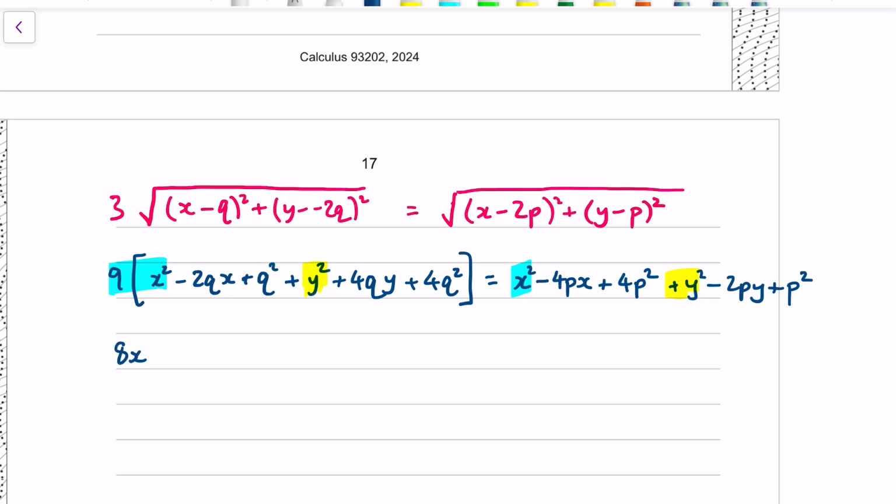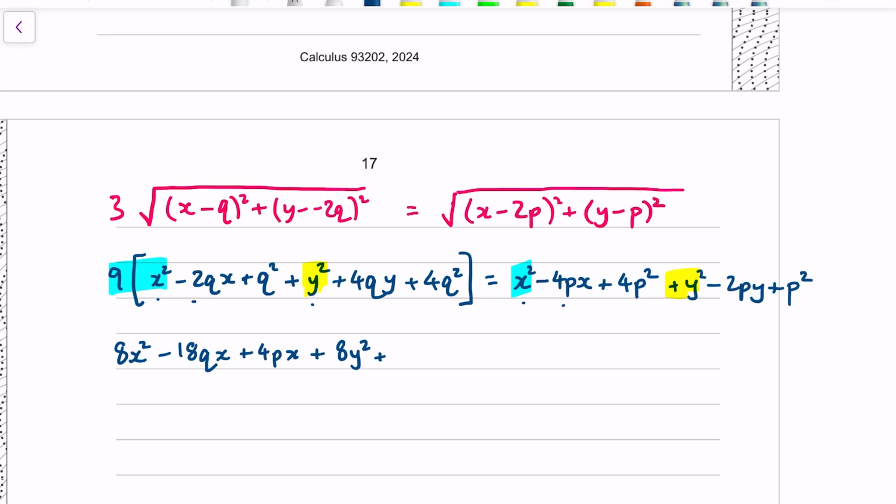We've got 8x squared. That's the first term there. We've got minus 18qx on the left, and then on the right hand side we've got minus px, which will go to be plus 4px if I put it to the left. So that's all the x terms dealt with. And then I'm going to leave the q squared term because let's just deal with the x's and y's first. So we've got 9y squared, but the y squared on the right goes to the left, it's 8y squared. We've got